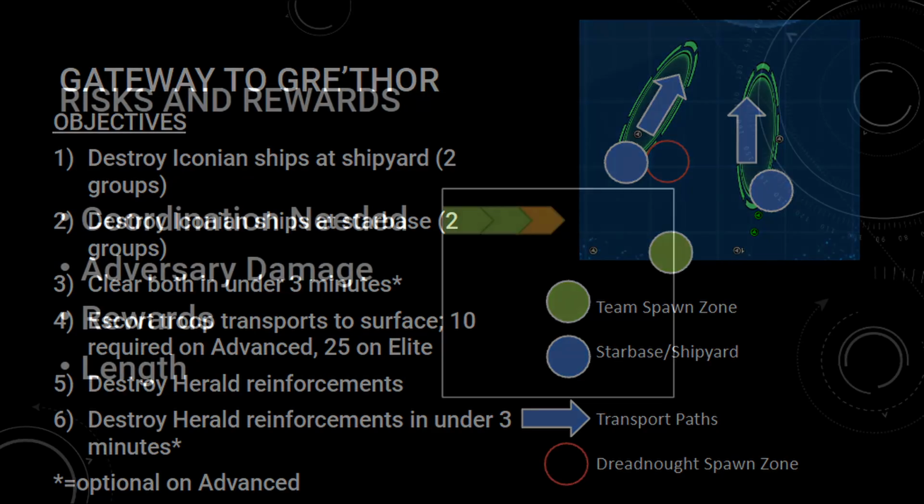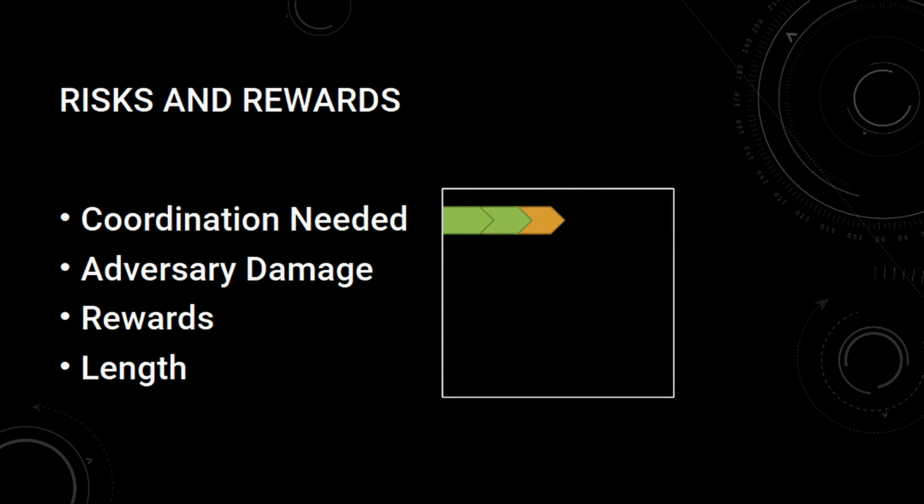On to risks and rewards. This TFO needs moderate coordination to play well on Elite with all optionals and without dying. The main area of coordination is properly allocating ships to each part of the lane in the second stage while